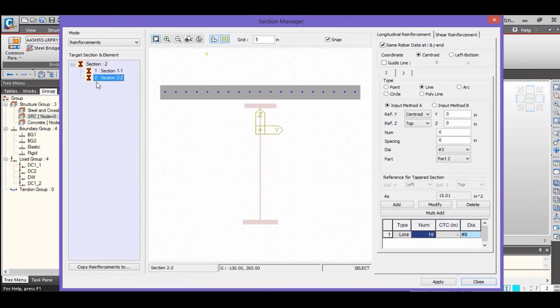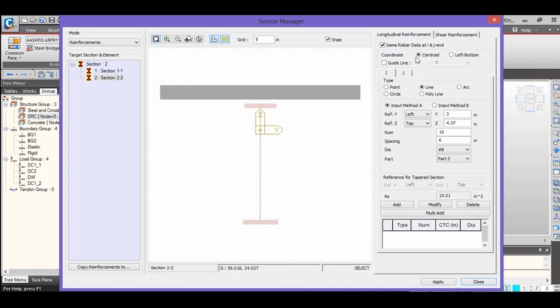And then from there let's do the definition of the reinforcement for this particular section. So in this case, this reinforcement is assigned, but let's say you want to assign another type of reinforcement. So let me just remove this one so we can reassign it. Here is the section without any reinforcement. So let's just select the same rebar data for the I-end and J-end. We're gonna assign the same rebar information for each one of the sites.